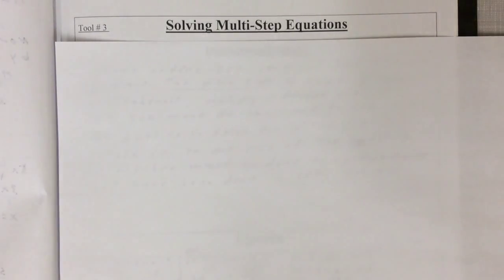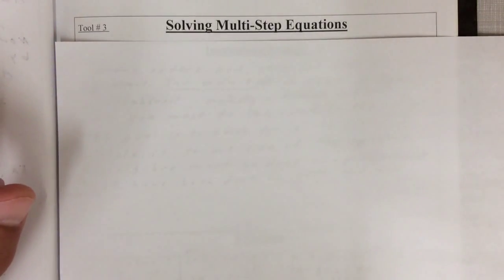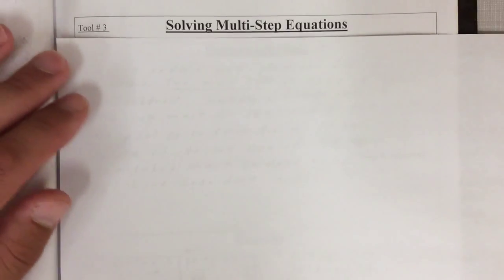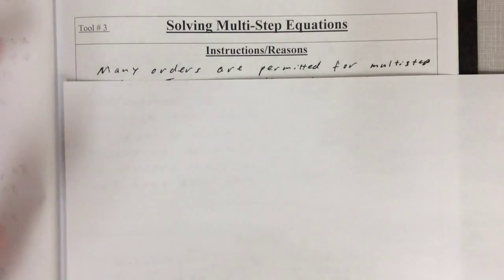Okay, solving multi-step equations. Equations that have more than one step are multi-step, but we looked at two-step. You could have many steps, and you just have to make sure you're following sound algebraic process. So many orders are permitted